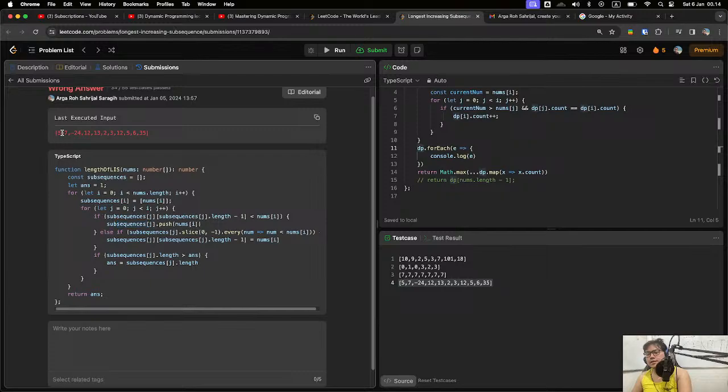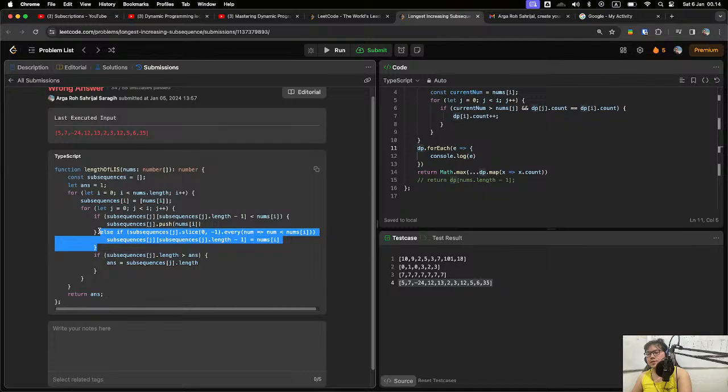For example here, we initialize the 0 subsequence to be an array with only 5, but 7 is larger than the last element of this subsequence, which is the first element as well, which is 5. So 7 is bigger than 5, or 5 is less than 7. We push 7 into the subsequence of the 0th index.